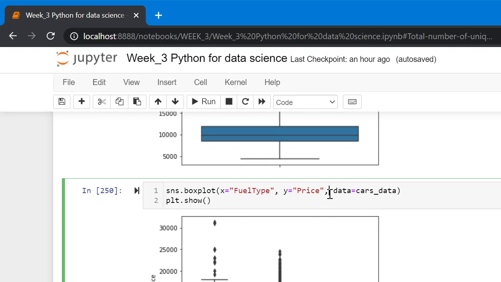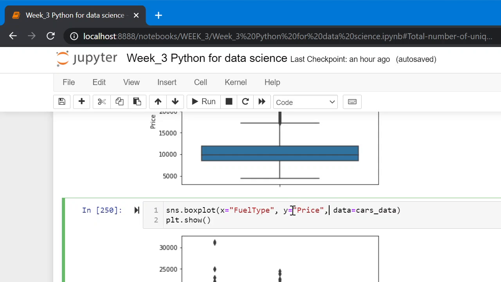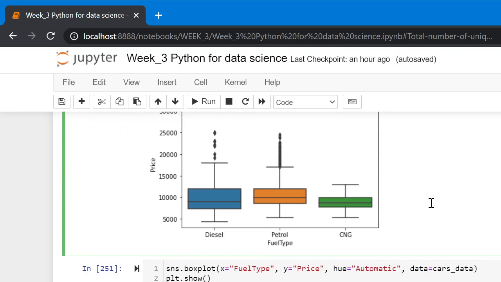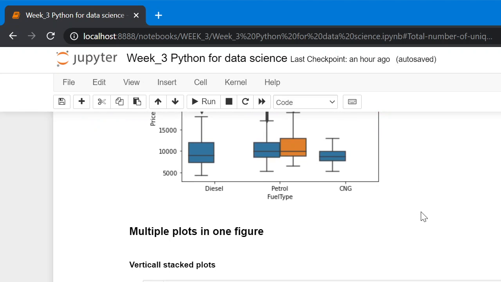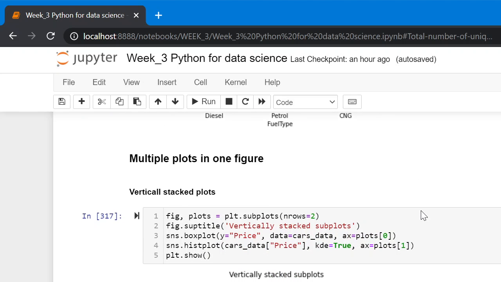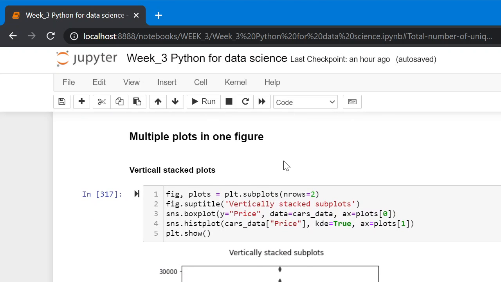To split over multiple categories, we can specify the categorical variable on the x-axis. We can also specify the hue argument to display multiple plots in one figure.